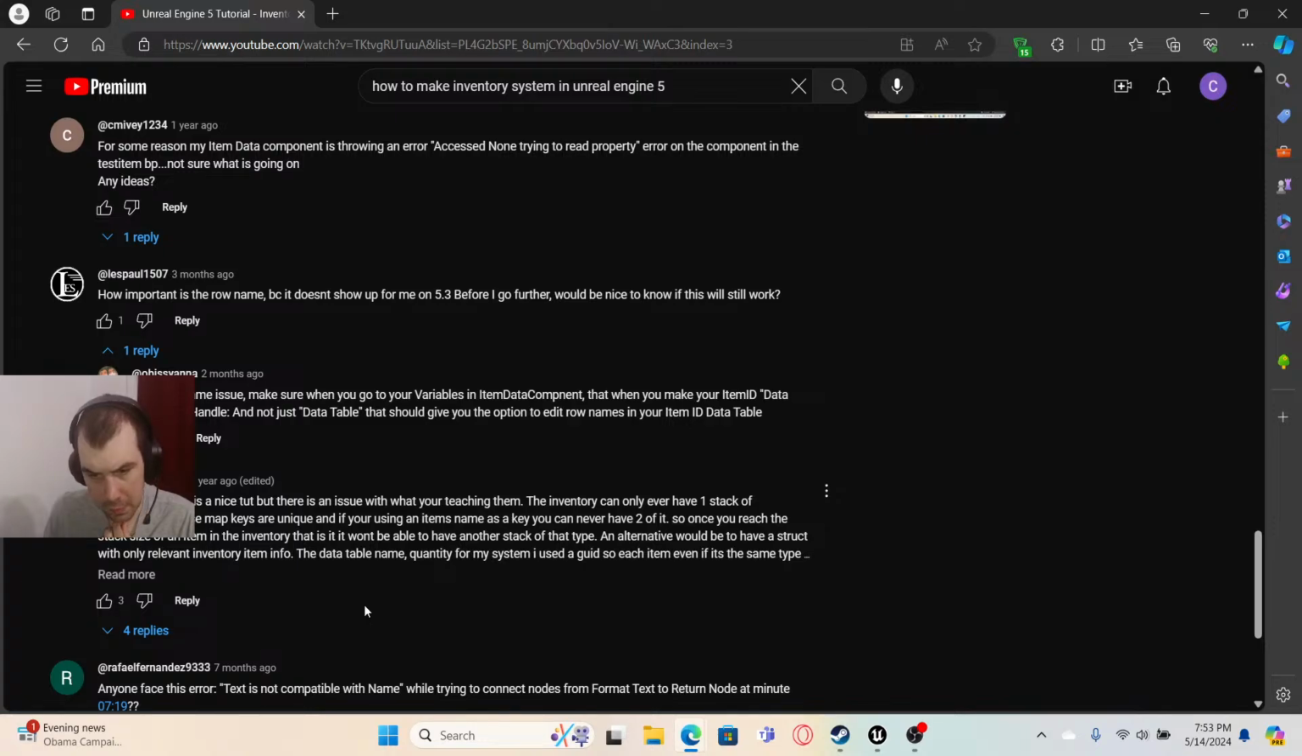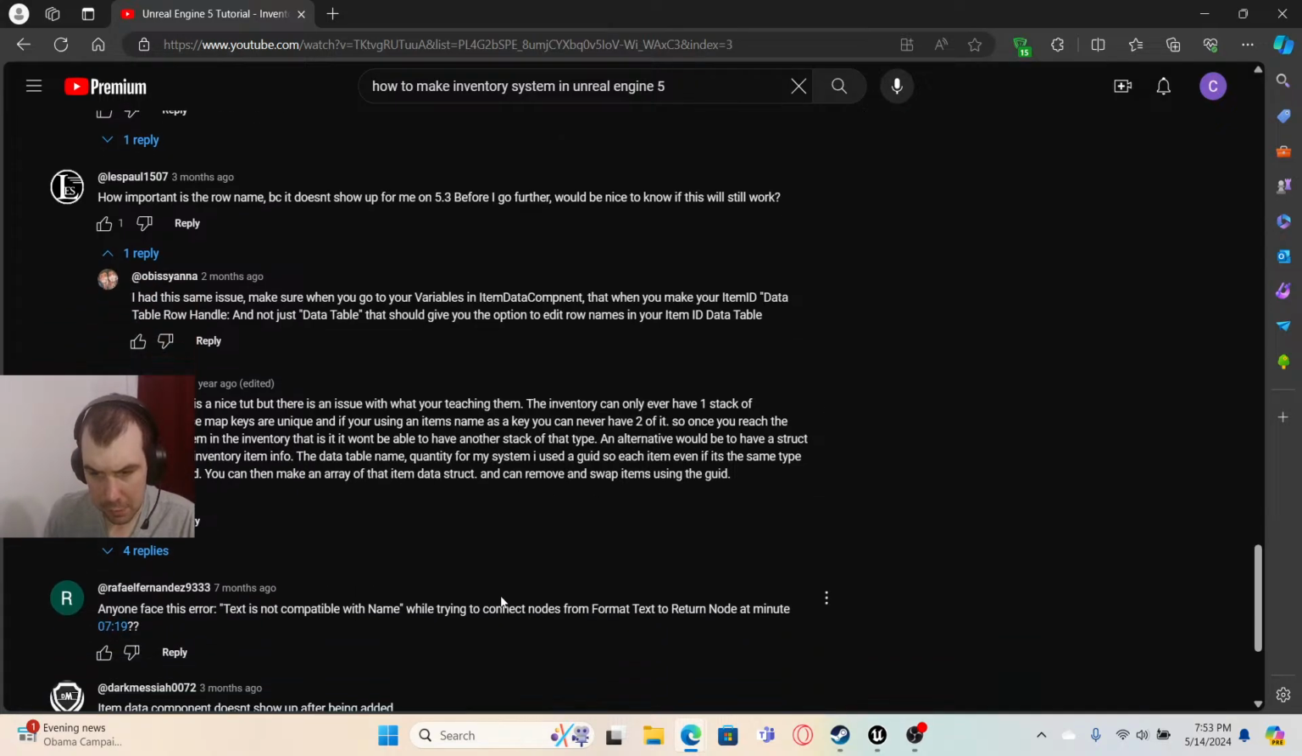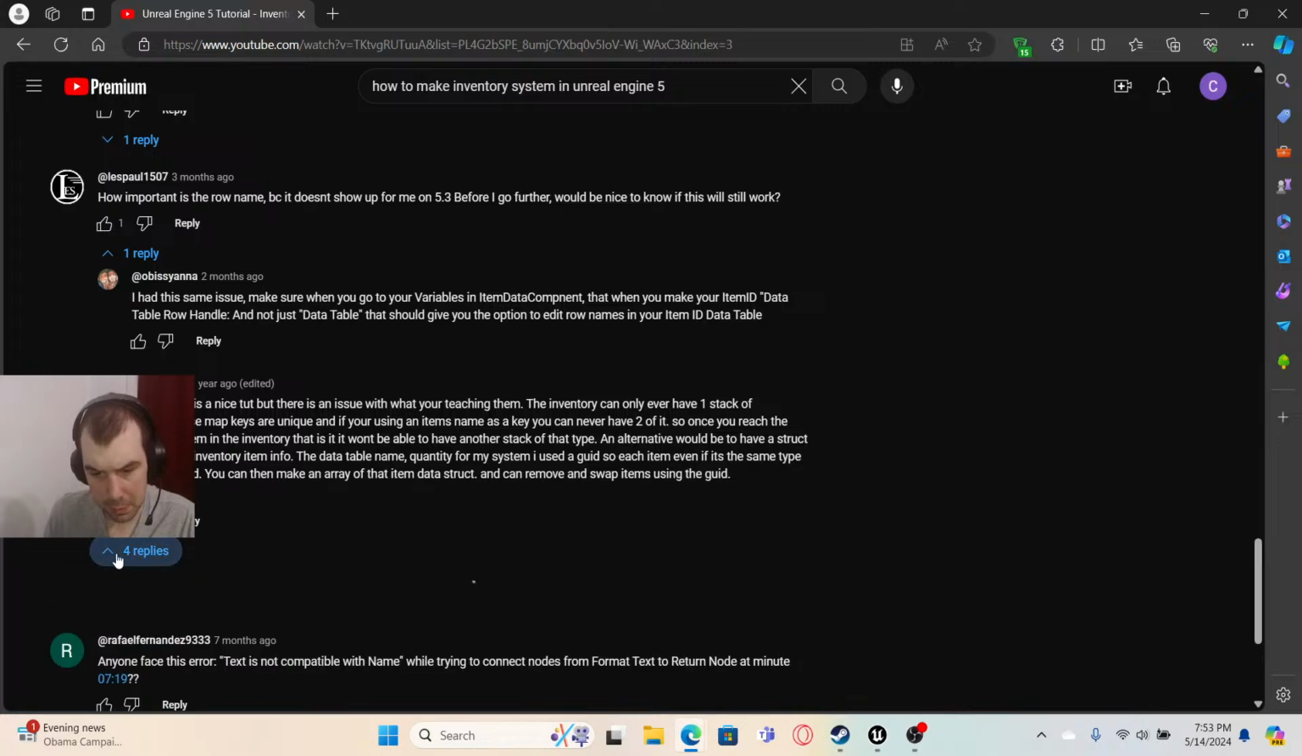The inventory can only ever have one stack of something because map keys are unique, and if you're using an item name as a key, you can never have two of it. So once you reach the stack size of an item in the inventory, it won't be able to have another stack of that type. An alternative would be to have a struct with only relevant inventory item info, the data table name, quantity. So each item, even if it's the same type, can have a unique ID. You can then make an array of the item data struct and can remove and swap items using